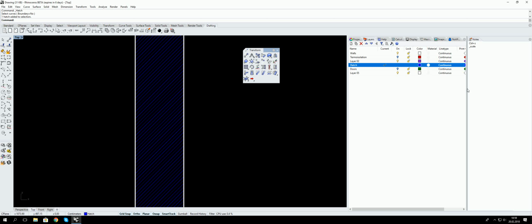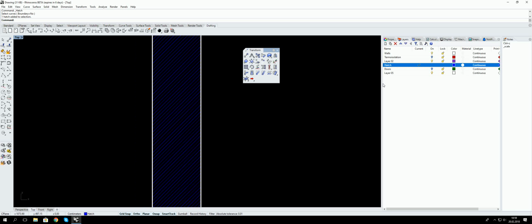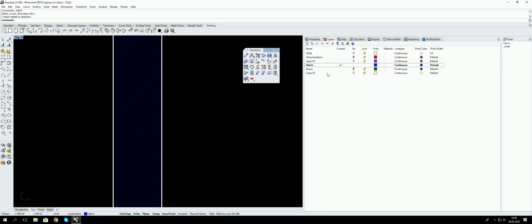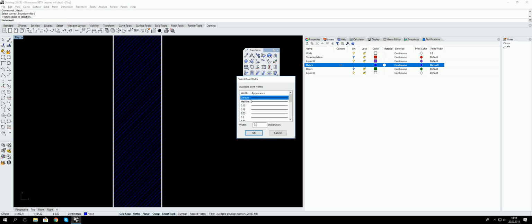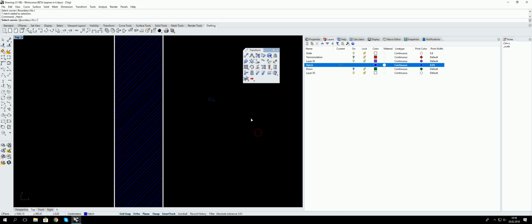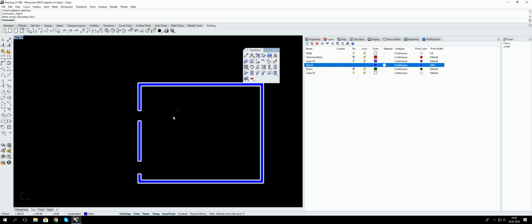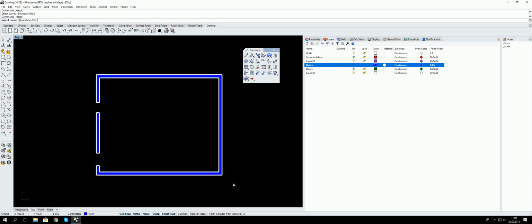Probably we should change the print width to something much thinner, maybe 0 point. This is correct. Okay, this is our building. Thermal isolation,